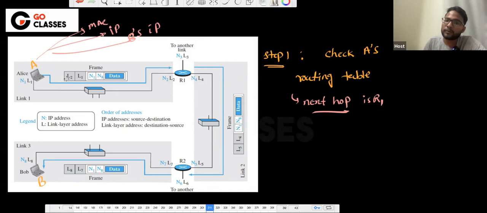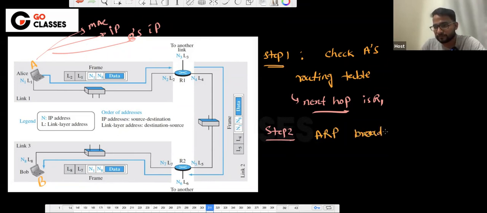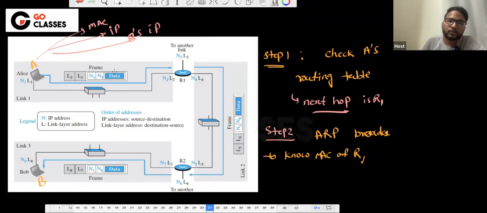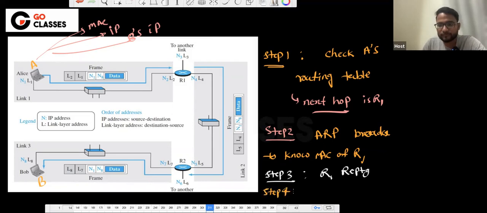So what it will do is send a broadcast message. Step 2 is basically the ARP broadcast to know the MAC of R1. So it will send the ARP broadcast to know the MAC of R1. Once the MAC of R1 is replied, R1 will reply. Then, as in step 4, I will send the actual packet